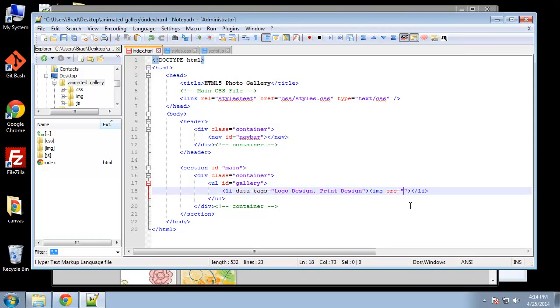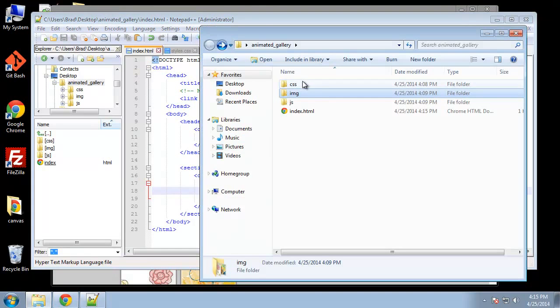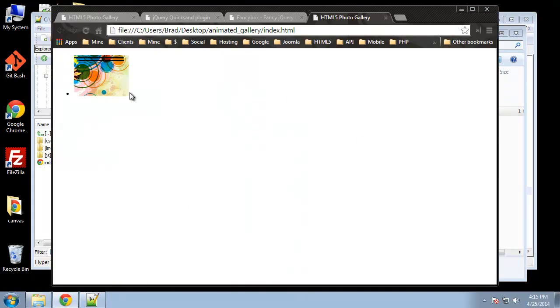As far as the image, let's point to the image folder, and then I believe they're just labeled 1 through 23 or something like that. So that should work. Let's see if this image shows up. Alright, so there's our image. So basically